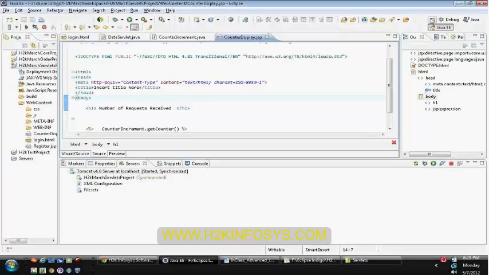And one more advantage with the session is that you can associate any number of attributes to your session, and these attributes will be available for subsequent calls.